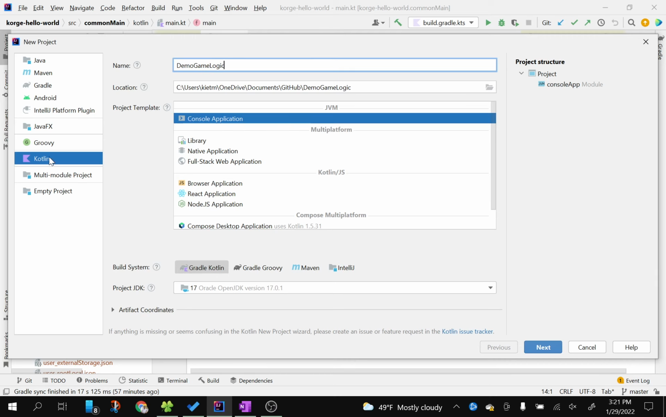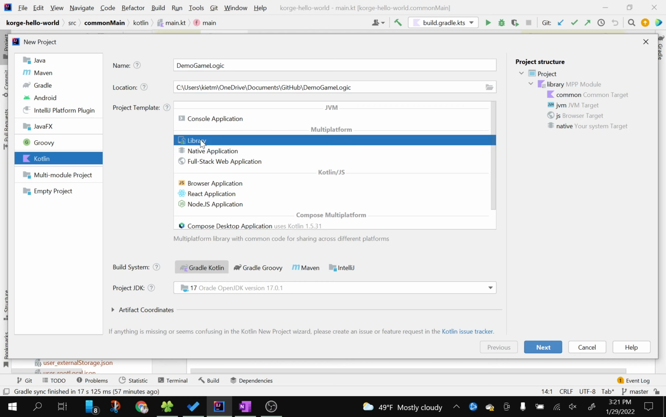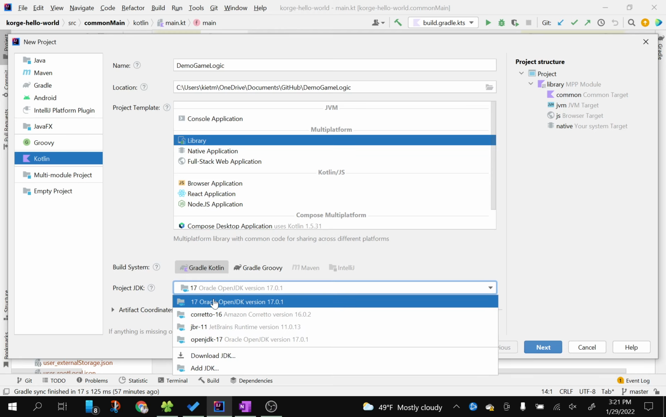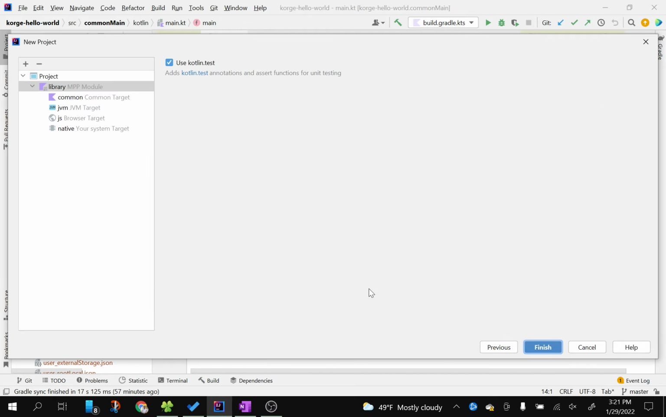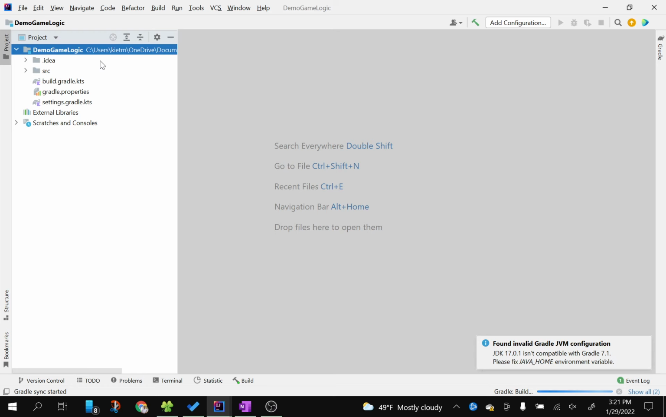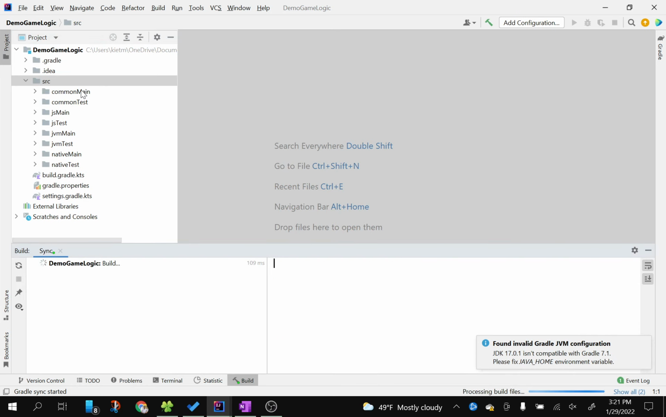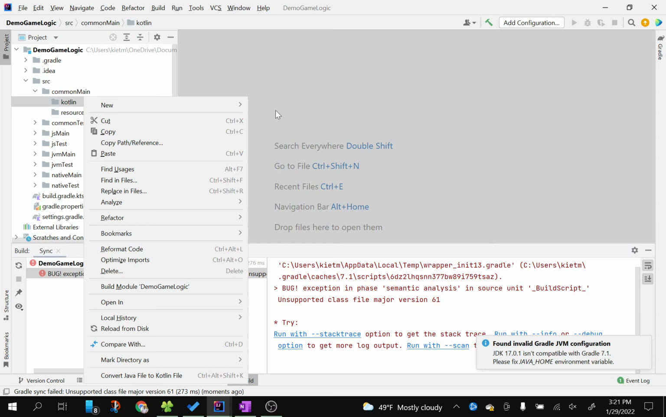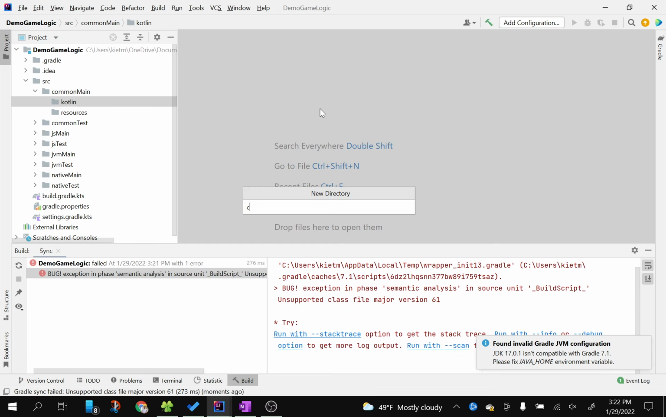Okay, and for this, it'll be Kotlin, and let's have it be a library that is multi-platform because Korge itself is multi-platform. And this looks pretty good, so JDK 17, next, and finish. Okay, so we are done here. And then afterwards, we can go ahead and try to create some kind of random package here. Let's go ahead and do xenotactic demo dot